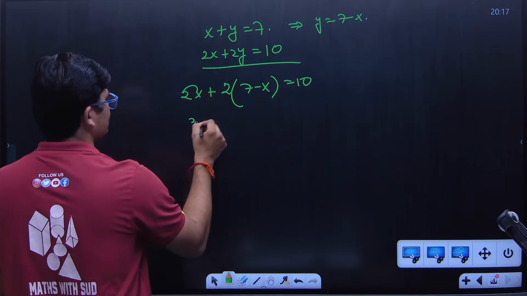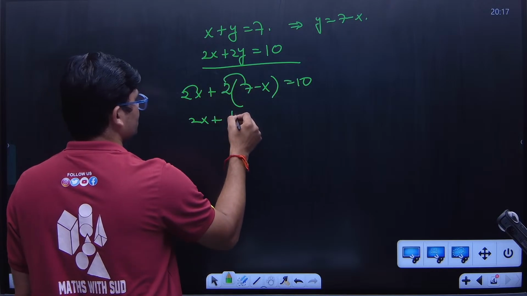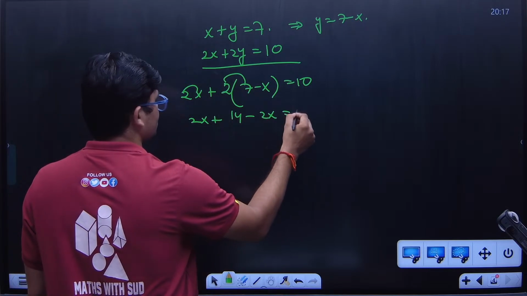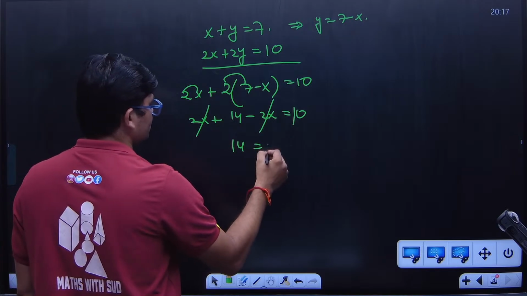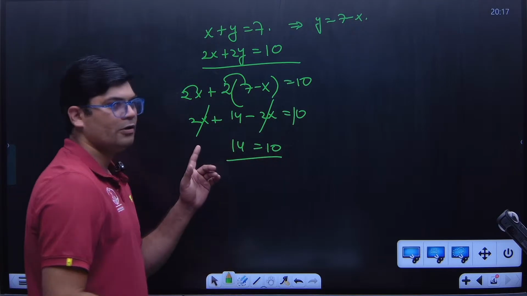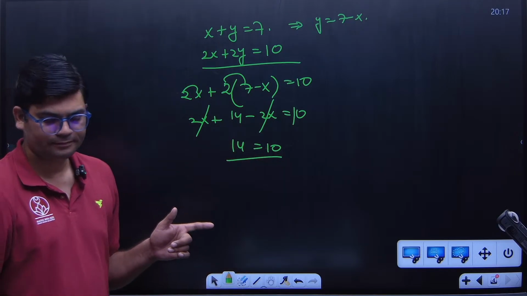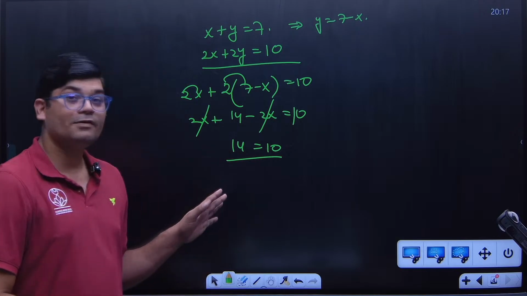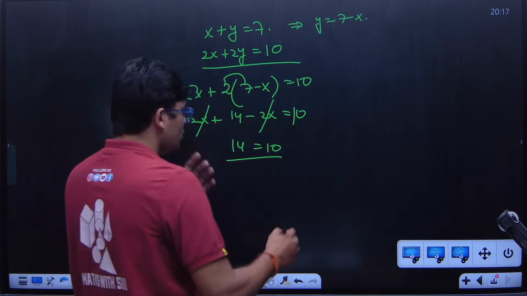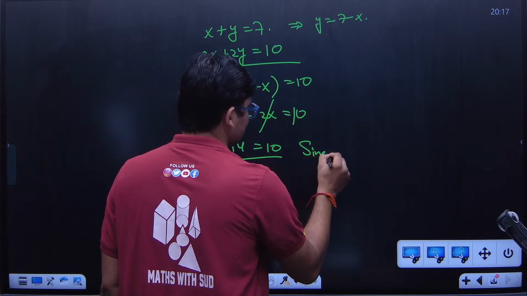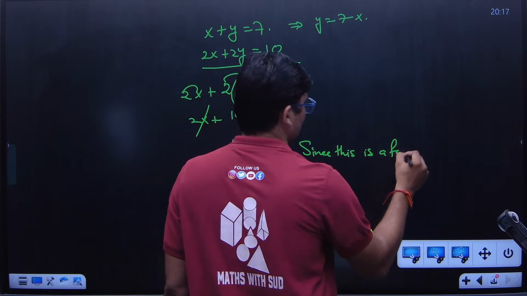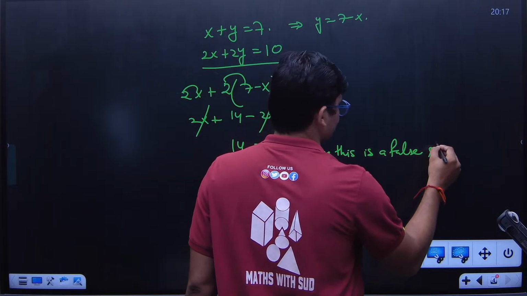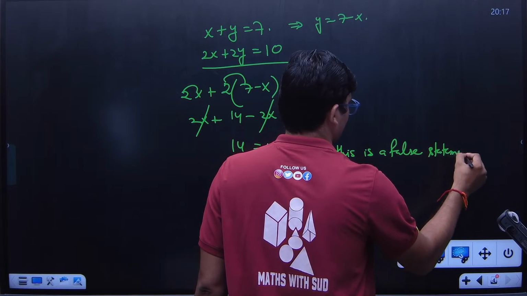Now 2x plus 2 into 7 is how much? 14 minus 2x is equal to 10. So 2x and 2x will get cancelled, so 14 is equal to 10. Now is this statement true or false? False. Can 14 ever be equal to 10? The answer is no. So you will write, since this is a false statement, therefore